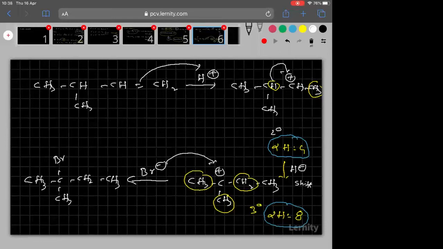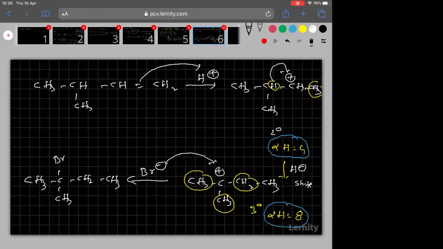A student is asking why we are not using Markovnikov's rule over here. That's what I'm telling here. Markovnikov rule we can use, but in that one, what is the intermediate carbocation? Whenever carbocation is the intermediate, there is a possibility of rearrangement also. So we are doing the rearrangement to stabilize the carbocation. If any student still has any doubt, please get back to me, I will answer your questions.